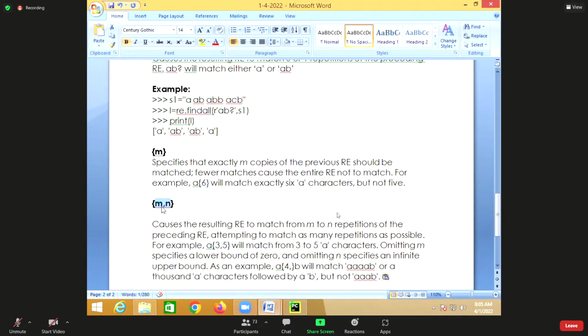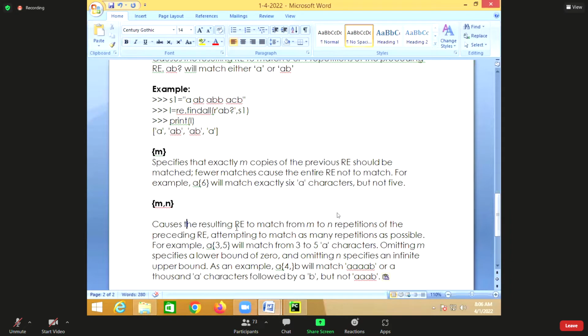M comma N is where I can say the lower bound and also the upper bound. Suppose lower is not defined, upper is defined, then lower is taken as 0, and upper is the given number. Suppose lower is given but upper is not given, then infinite number of repetitions.